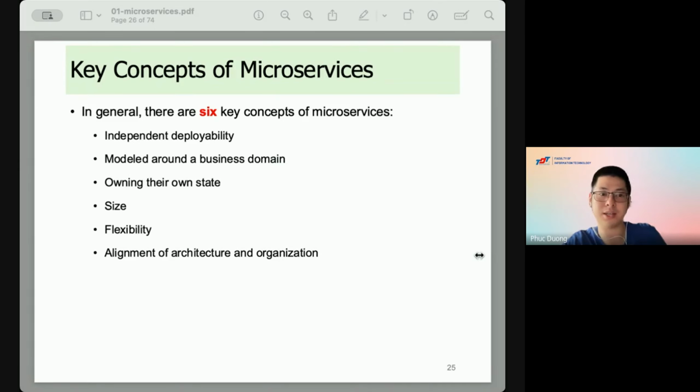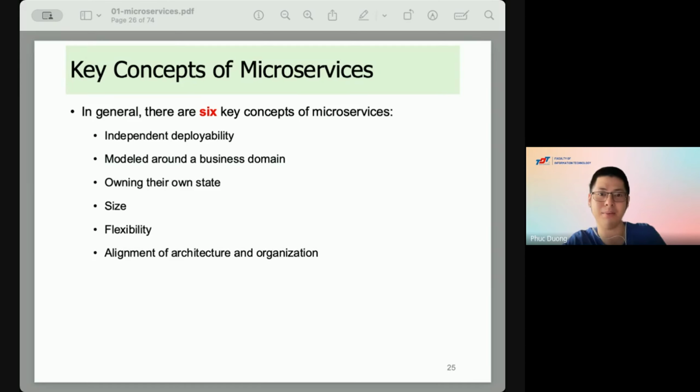The first is independent reliability. The second one is modeled around business domain. The third is owning their own state, and then size, and then flexibility, and the last is alignment with architecture and organization. For the last one, we will have a case study, so you can study it at home.